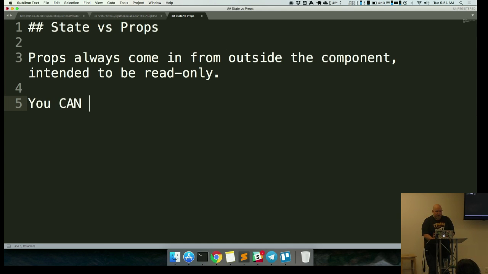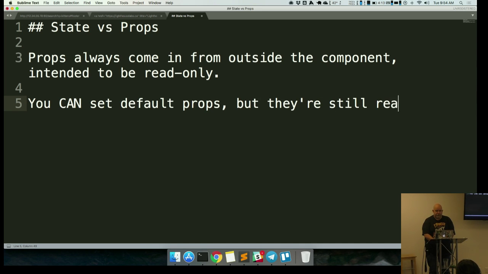Again, you can set default props, but they're still read-only. They're designed to be what we call immutable. You don't change them. So props are decided on by the parent when they get passed down through the parent's render cycle. Whereas state